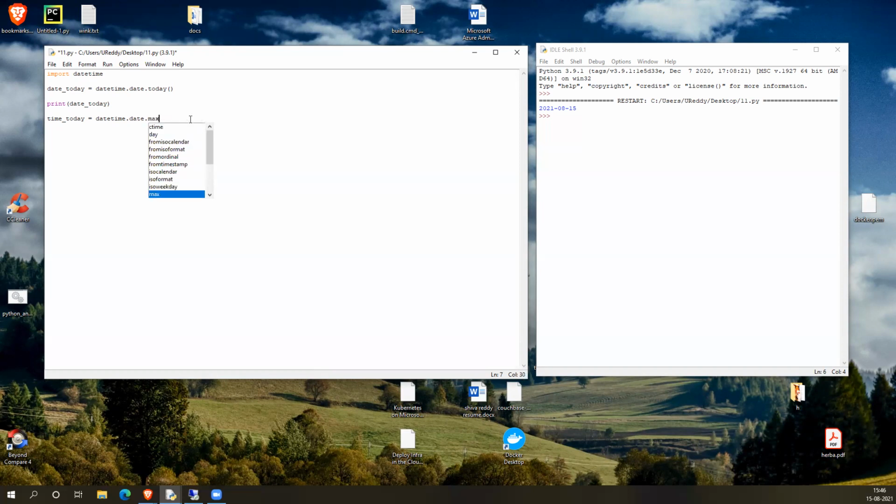There should be a method called now. Okay, that is not in the date object. That is in datetime. Instead of date, I need to pick datetime, because date will have only date related things. Datetime has both date and time.